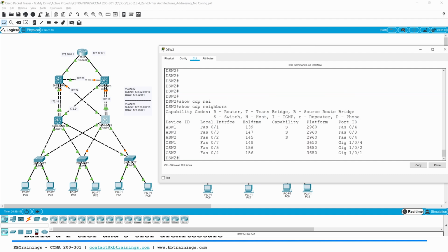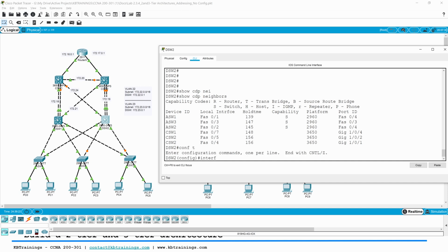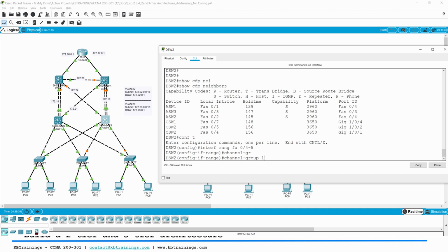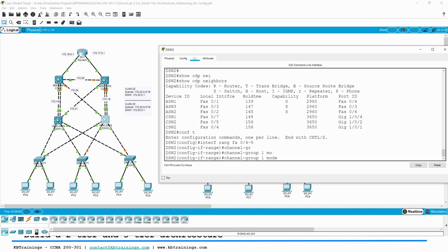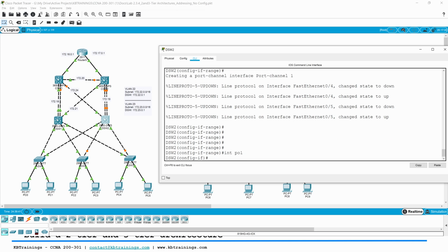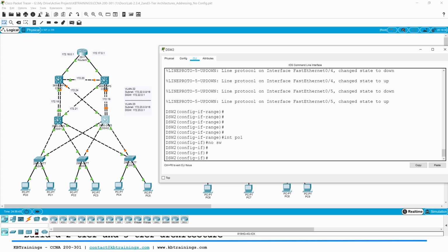show CDP neighbors will show that 4 and 5 are going to the CSW2. Okay, so I'll do configure terminal, interface range fast 4 to 5, channel-group 1 mode desirable, and then I'll go to that port channel and do no switchport,